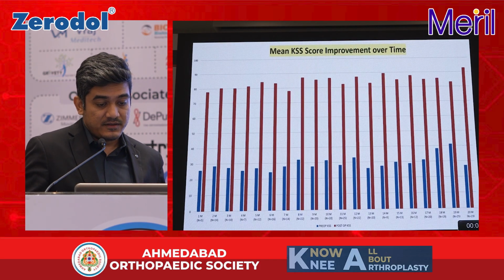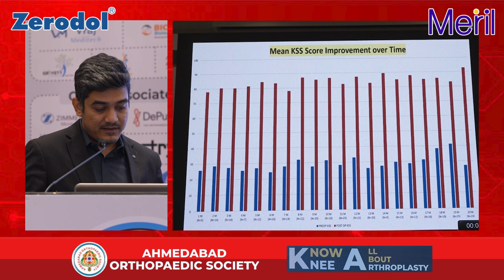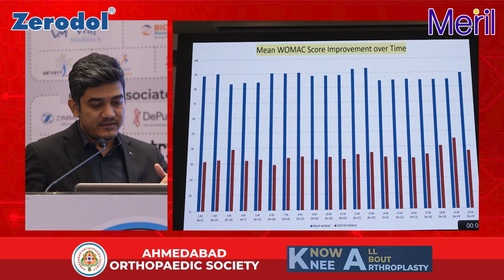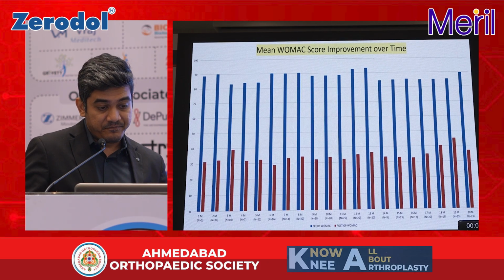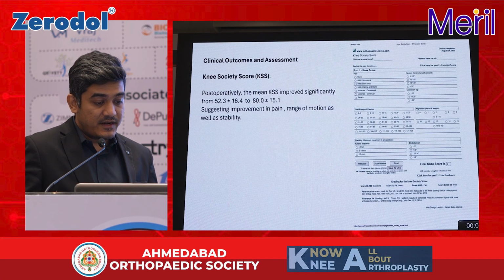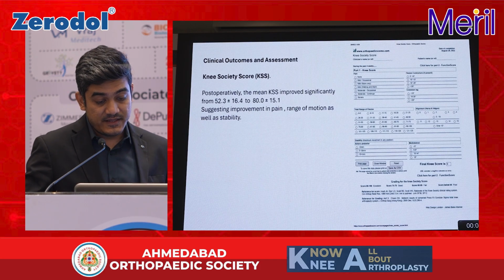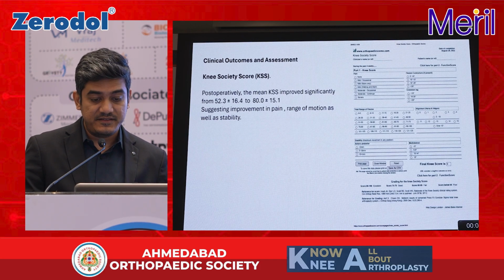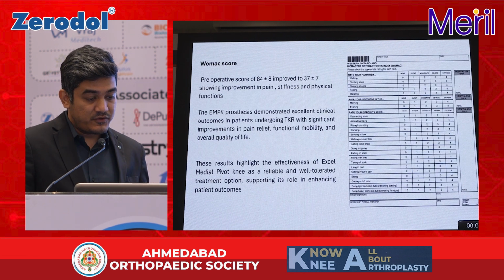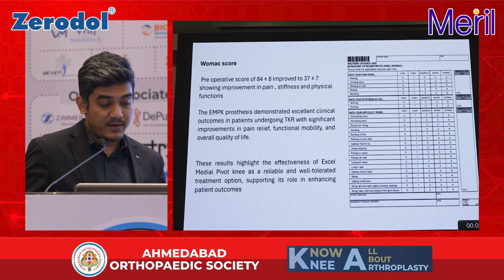So, the mean knee society score showed an improvement over time of 20 months, and the WOMAC score also improved. Here, with the WOMAC score, a decrease shows improvement. The knee society score post-operatively improved significantly from 52.3 to around 80, which suggests improvement in the pain, the range of motion, as well as the stability. And the WOMAC score, which was pre-operatively around 84, improved to 37, which showed significant improvement in pain, stiffness,